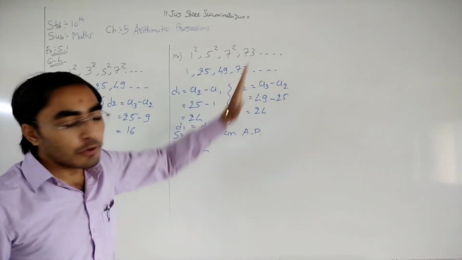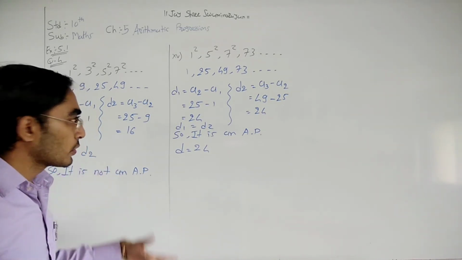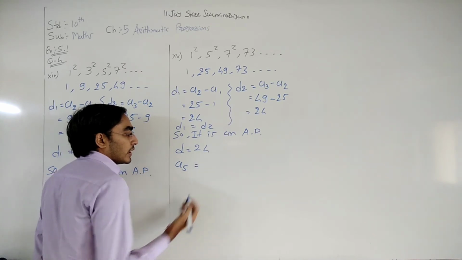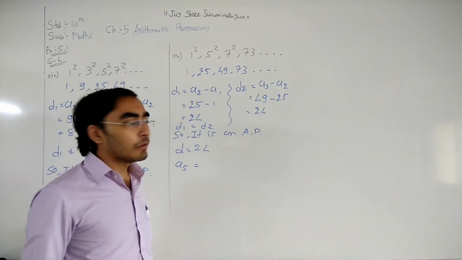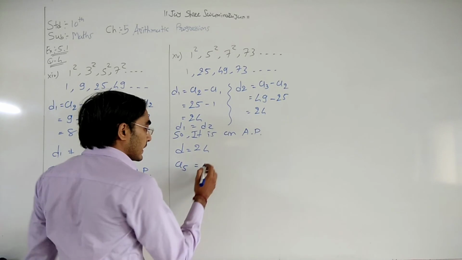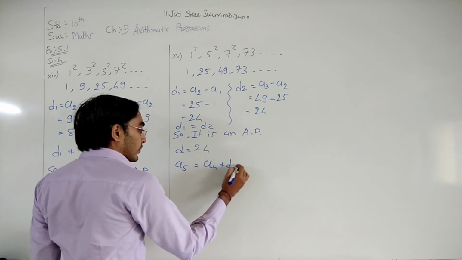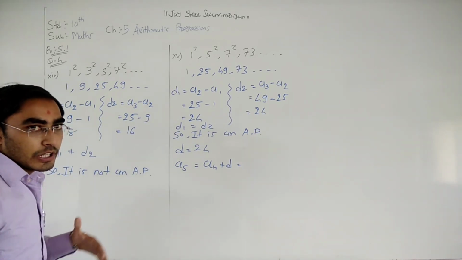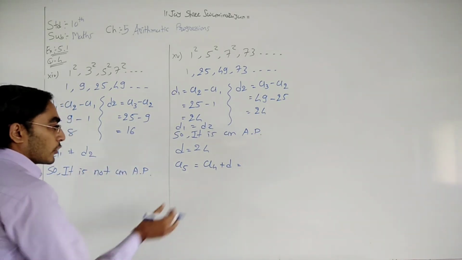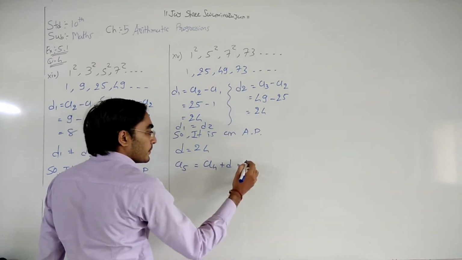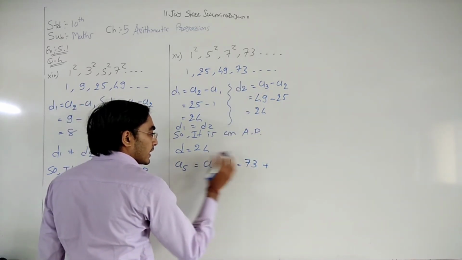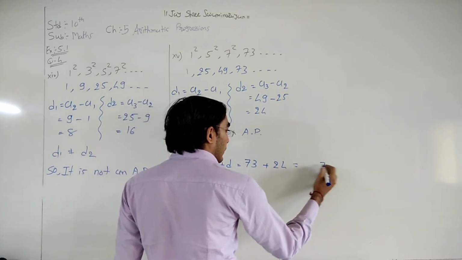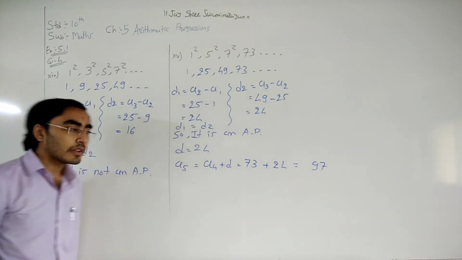And we need to write three more terms. Total 1, 2, 3, 4 terms are given to you. We need to write three more terms. So a5 is equals to, now what is the formula of a5? a4 plus d, right? Every time we need to add the difference d. Okay? That means if we want to find any term, then previous term plus difference d. So a4 it is 73 plus difference d 24. So 73 plus 24. 4 plus 3 is 7 and 9, 97.